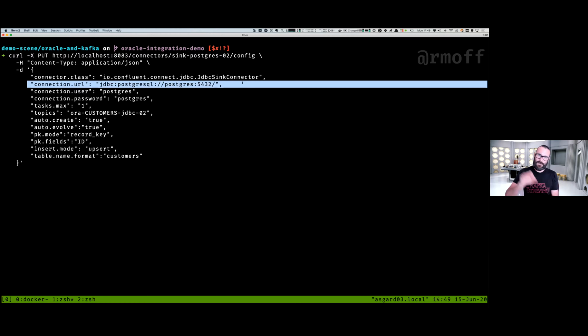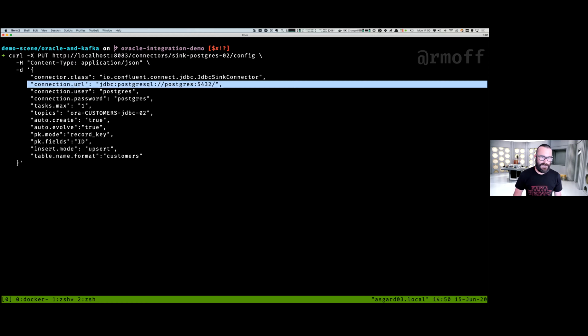You can use the same data over and over and send it to the most appropriate place for what you're trying to do with that data. You can keep it in Oracle. Oracle's brilliant for lots of things, but there are some things that you would prefer to do elsewhere, or a team that you're working with wants to do elsewhere. You can say, well, here is that stream of data. Go and do what you'd like with it.